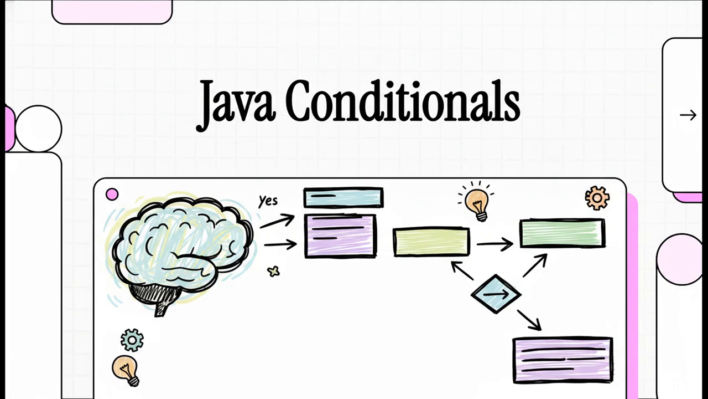All right, so today we're going to do something really cool. We're going to give your code a brain. We're diving into Java conditionals. These are the tools that let your programs actually make decisions and react to stuff instead of just blindly following